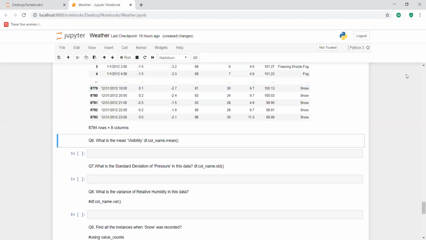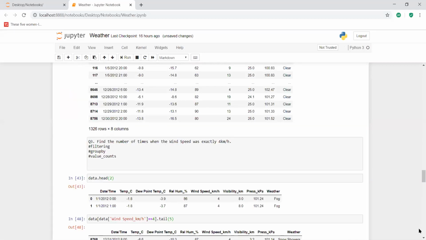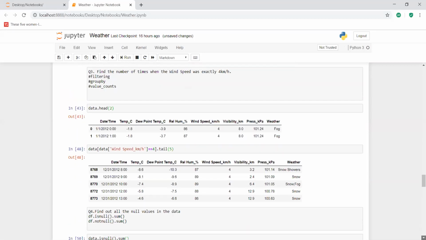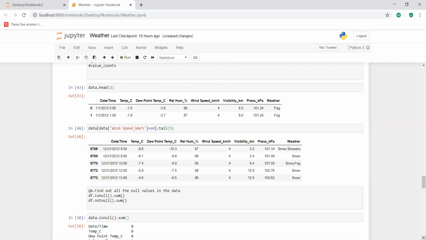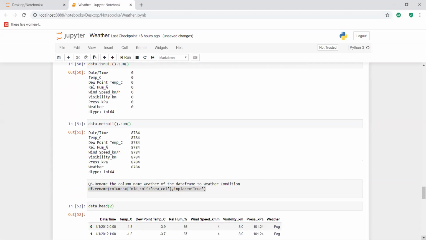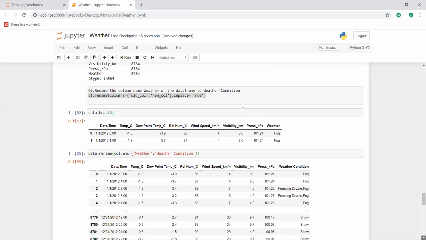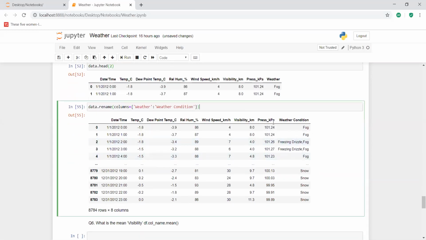Okay, so now you see here the command has been executed. See here is our command. You see here the weather column has been changed to weather condition, based upon this rename function.